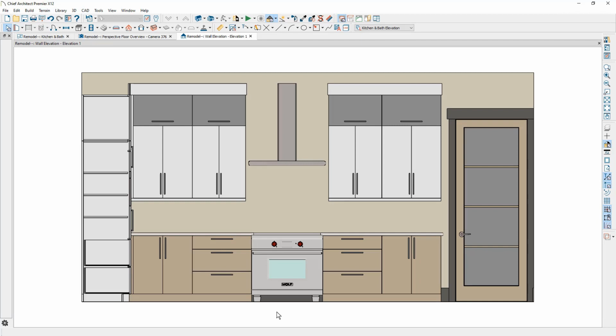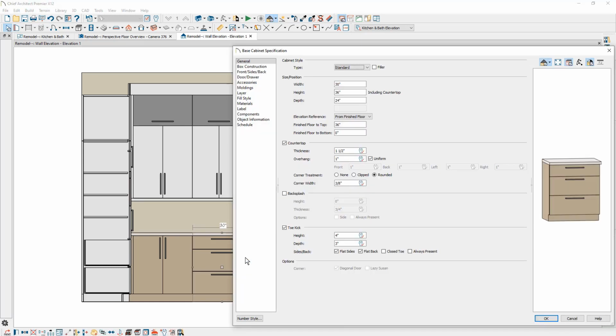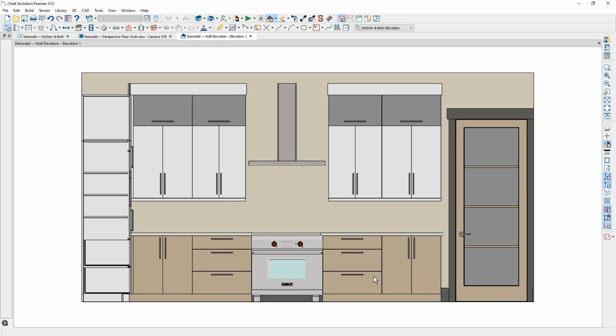In this wall elevation, the first thing I notice is that my cabinet countertop is bleeding into the cook range. Let's go ahead and make a change on this cabinet. As I open it up, I'm going to come over to the overhang. I'm going to remove the check mark for uniform, and on the right side let's go ahead and put that at 0. Now the easiest thing to make that change on the other side, you could easily just delete the cabinet and then just use the copy and reflect. It's going to make the change and flip it around so that the left side of the cabinet has a 0 overhang.